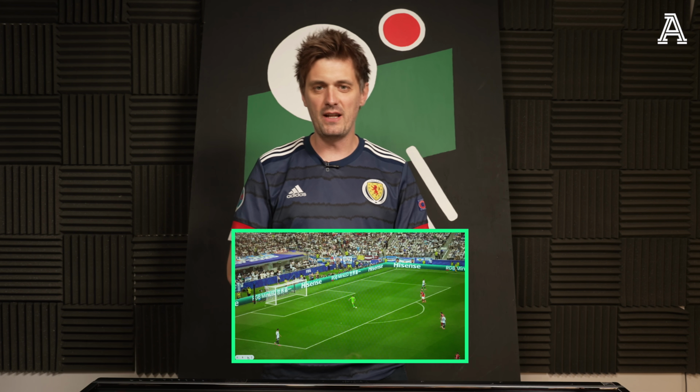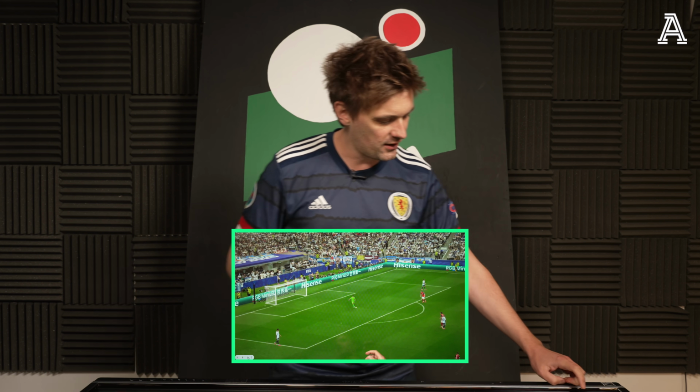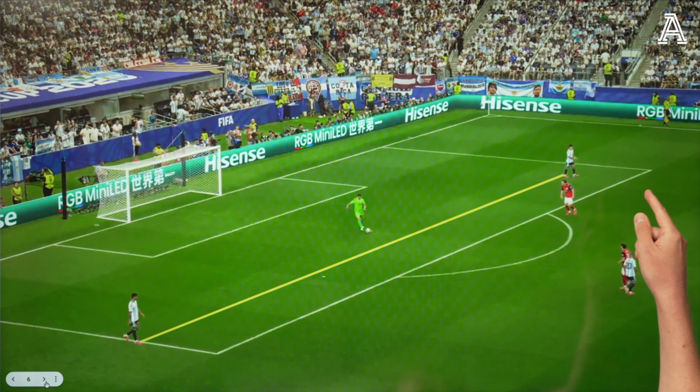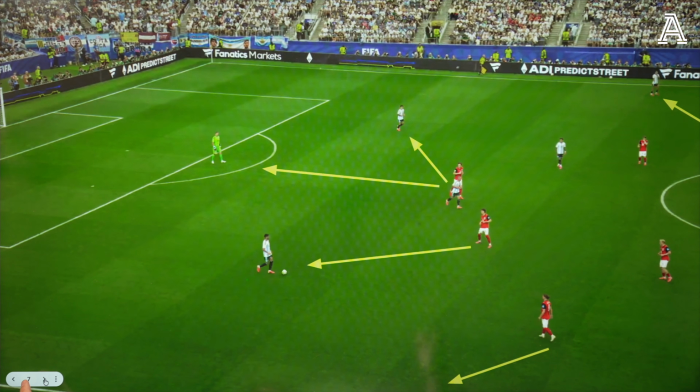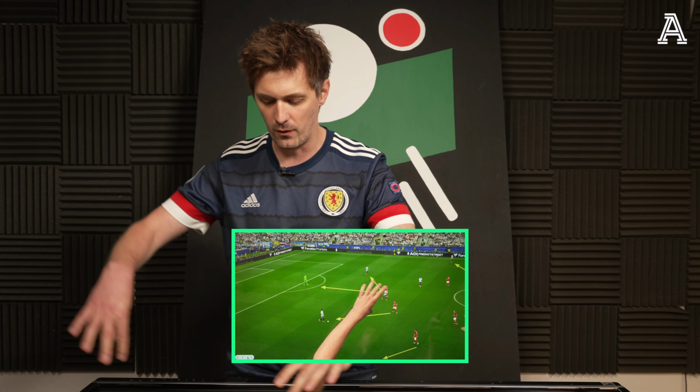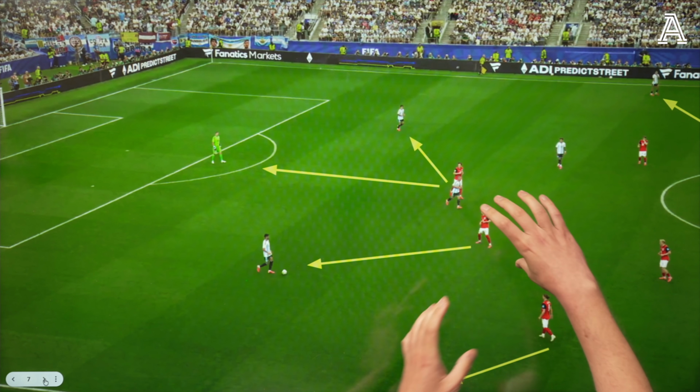Then there's a hydration break. A hydration break. Yes. And so we're now into the second quarter of the game. And so what you see now is Argentina's centre-backs are now massively split. They weren't earlier on. They've got more width. And what this does is completely splits the press up. So Austria want to press in a 4-4-2 shape. But now, because the centre-backs are so wide, the two strikers can't get as close to them as they want to,